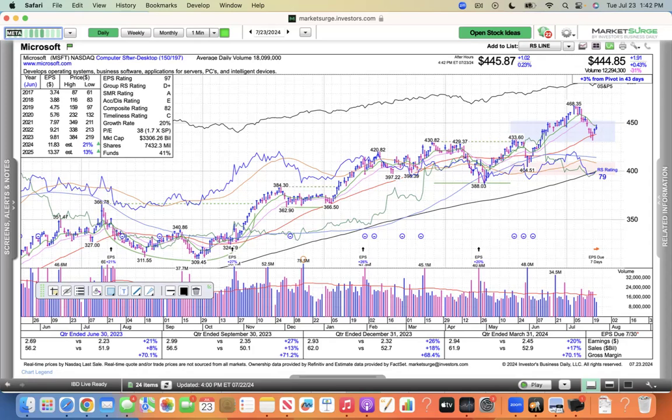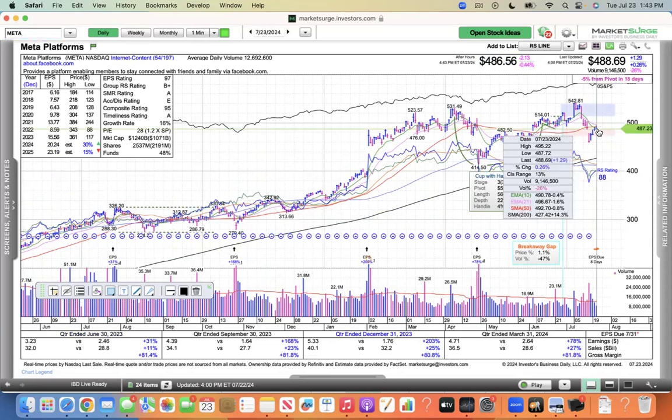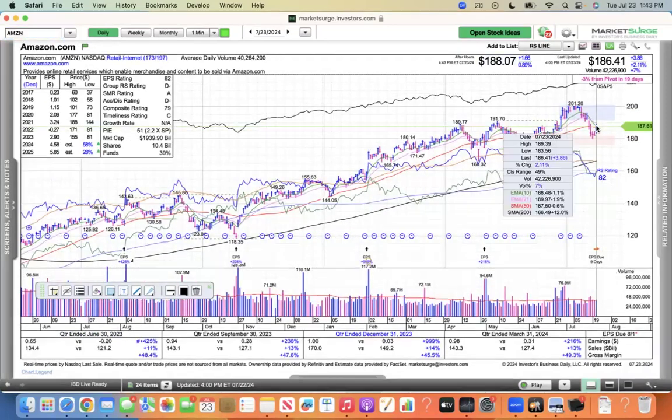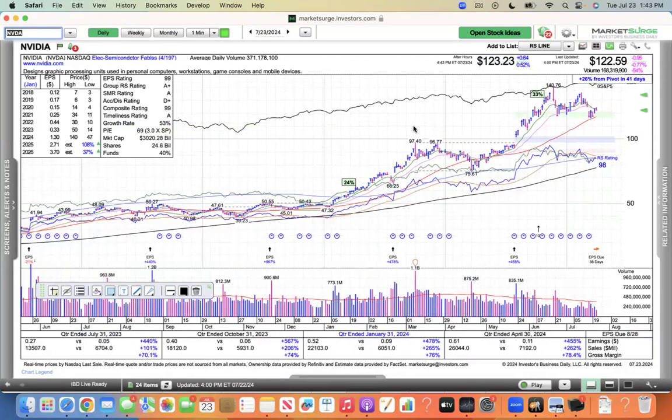Meta Platforms, they report on the 31st, just traded below its 50. Now it's trying to rally back above, closed just a tick below its 50 today. Amazon, same thing, below the 50, now trying to rally back above, just a tick below now, up more than 2% today. So those stocks are looking better, trying to heal, undercut their 50, then rally back through. Something that we've seen quite a bit this